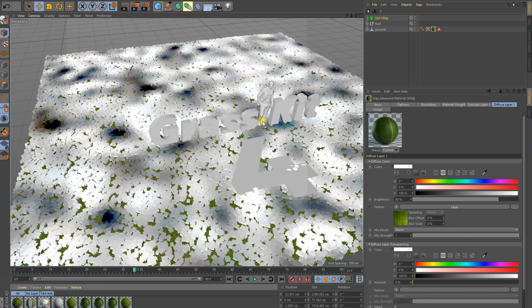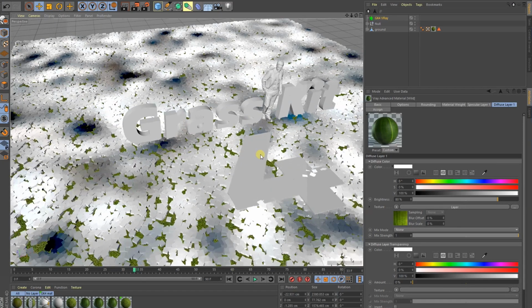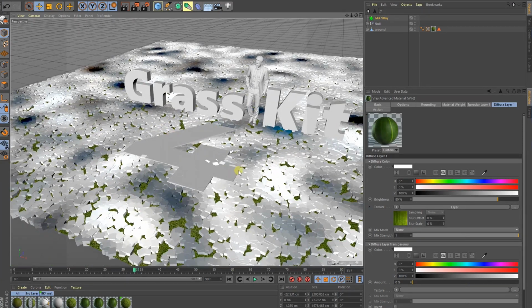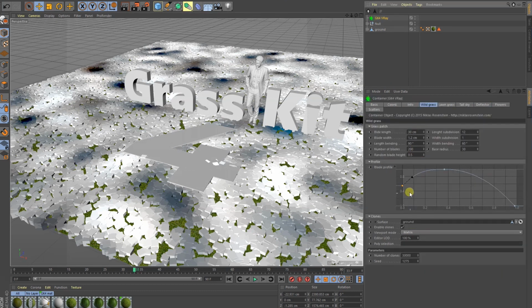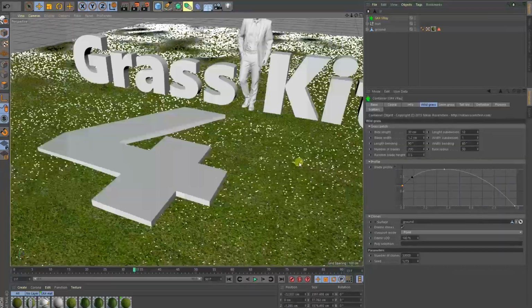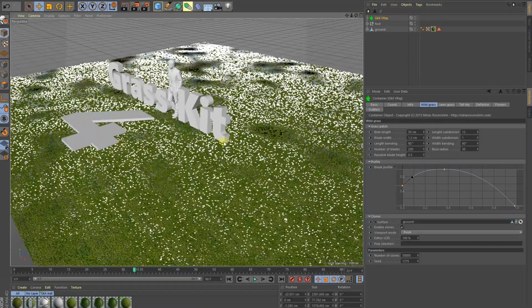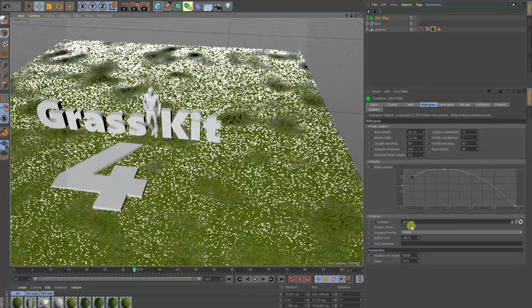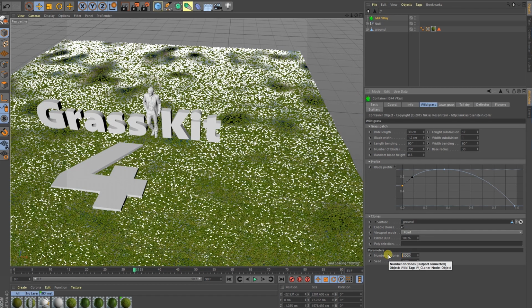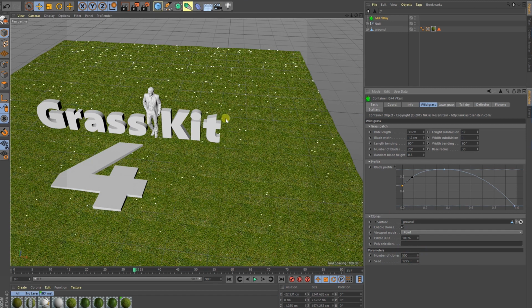So now we can see, to go back to multi-instances, they are really fast, and you can see now we have here 30,000 of these clones, but to make it even faster we can change to point view, and now you can see it's like there is not one of them, even though there is 30,000 of them. So we can go back to, just for the sake of speed of rendering, 500, and we can do